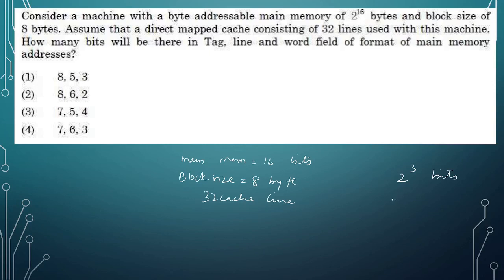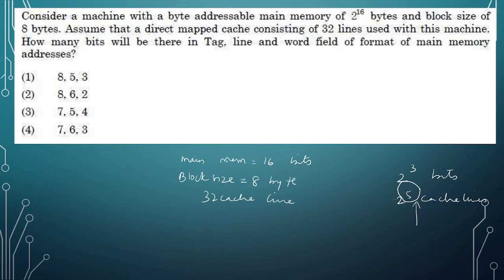So if I am saying 32 cache lines, it is 2 raised to 5 cache lines. So how many bits would be used to identify the addresses which are there in our cache memory? The block of main memory which we are mapping to our cache, उस block में कितने addresses है ये हमें कैसे पता चलेगा? जब हम cache memory को देखेंगे तो वो 5 bits को देखकर पता चलेगा. ठीक है, so that is 2 raised to 5.